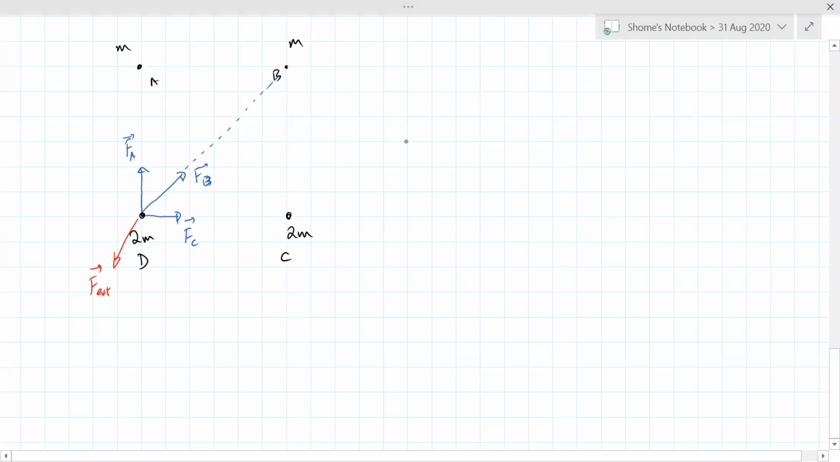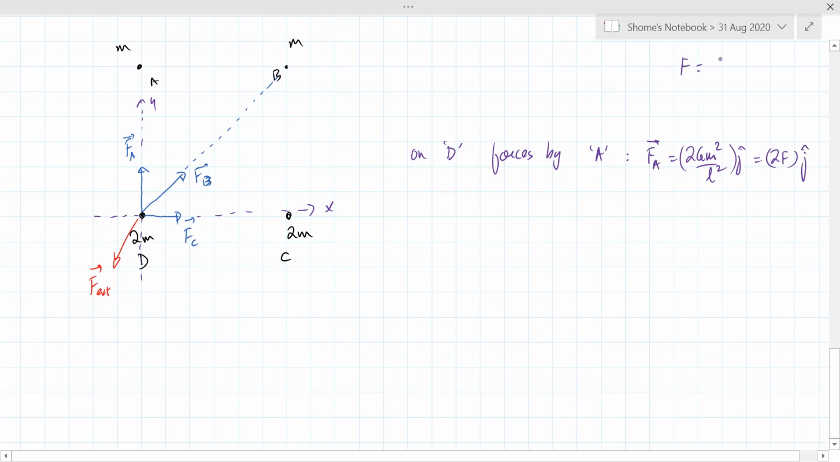Okay. So you can see that on D, the force by E will become 2 Gm square by L square J cap. Because we'll take this as our y axis, obviously. Take this as our x axis. Okay. So that is 2f J cap, where f is equal to Gm square by L square, or the quantity given to us, 1.2 millinewton. Okay. The force applied by B